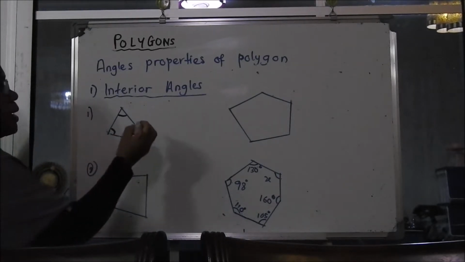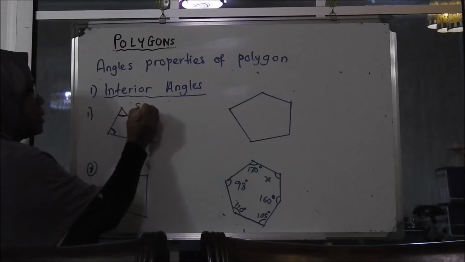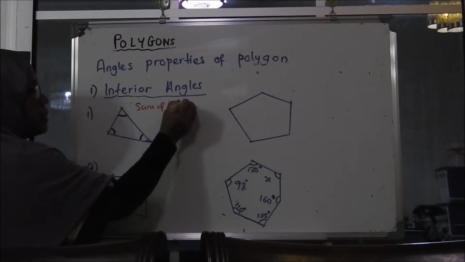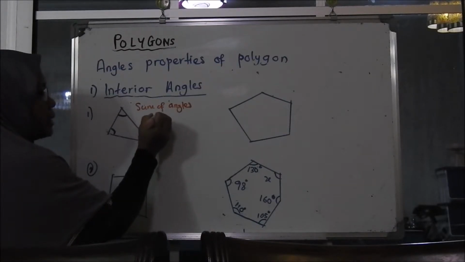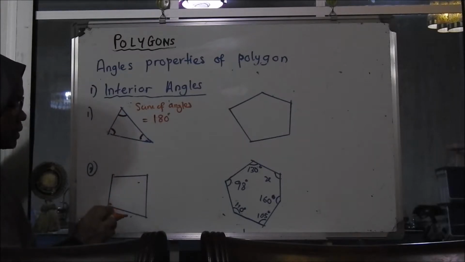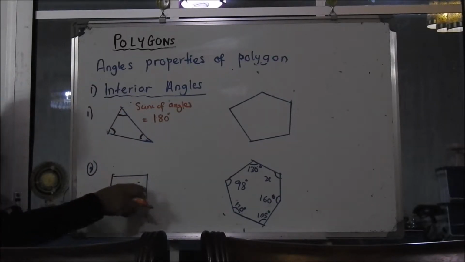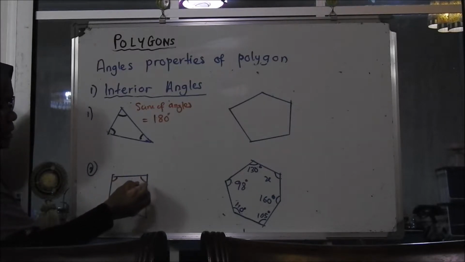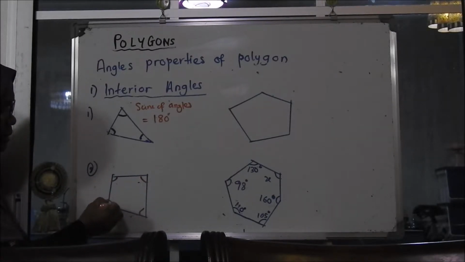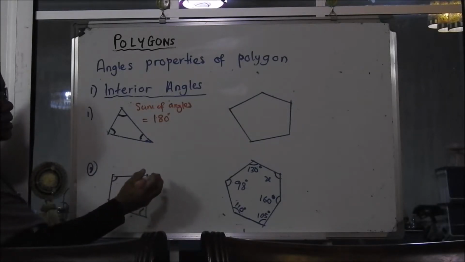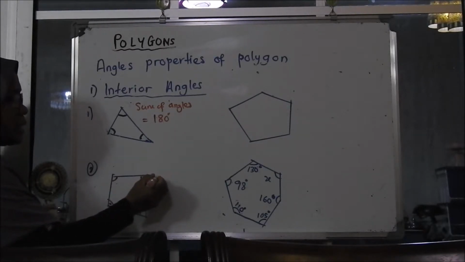The sum of angles equal 180 degrees. So three angles is 180. Now next one, you have four-sided quadrilateral. This is interior angle, interior angle, interior, interior. The sum of this angle, when you add up all this, equal 360